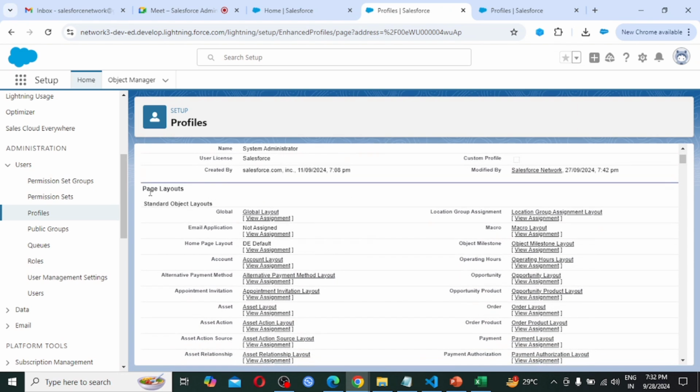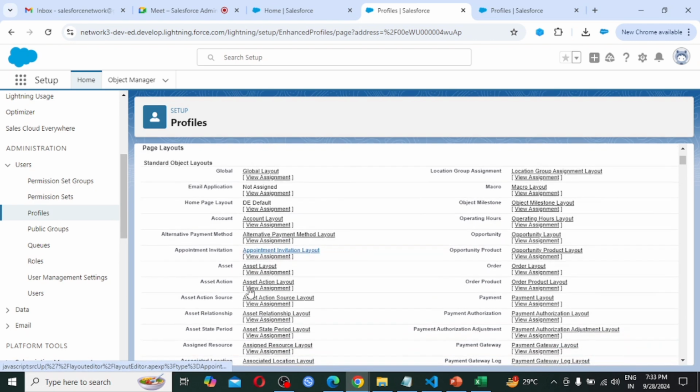First we are seeing page layouts, standard object layouts. These are all layouts. Which layout the user can see or not is controlled right here itself. First we are seeing standard object layout.